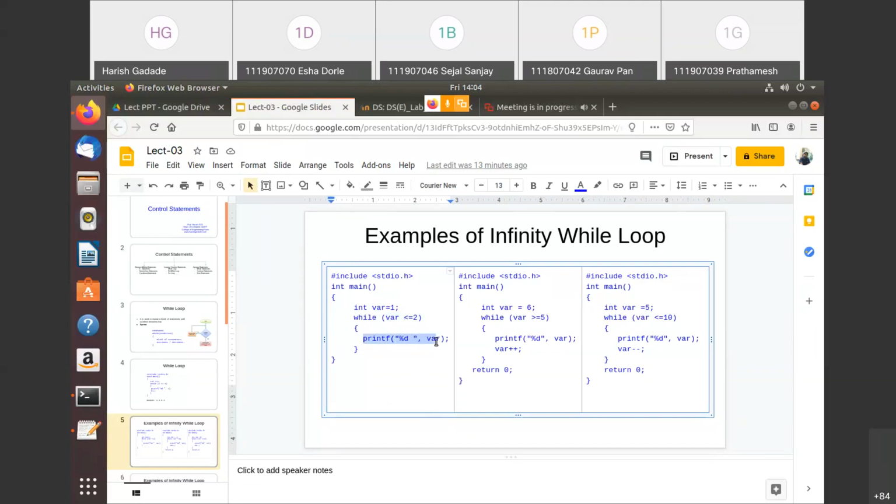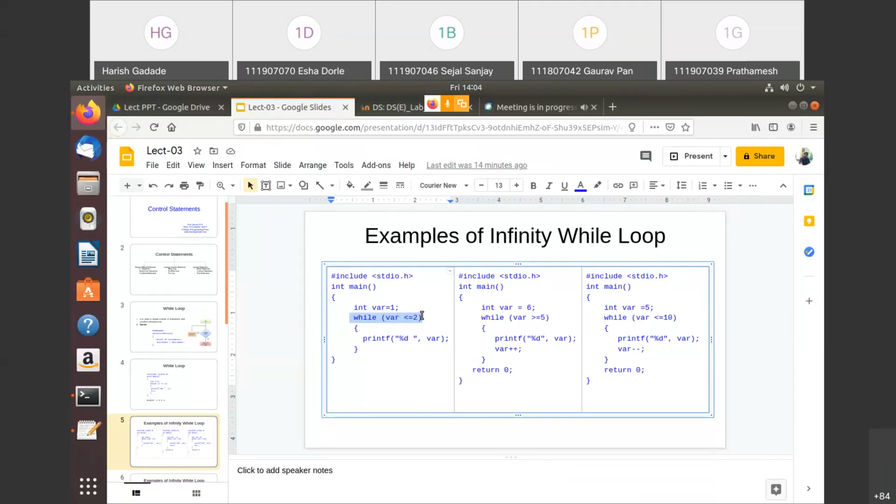Then we come to the body of the while. We print the value of var, which will be 1, right? But now see here, the increment condition is not there. After printing, the var value is 1, so it is not becoming 2, 3, 4 or anything. So again it comes back here and checks whether var is less than or equal to 2.